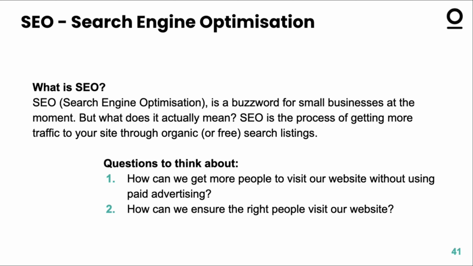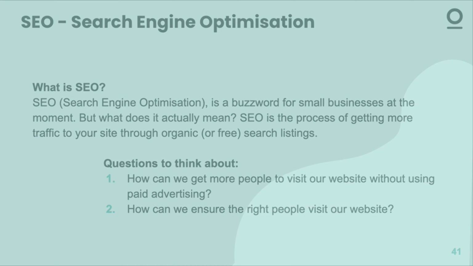The way to do that is to ask your audience, what are they searching for online related to your services? What questions do they ask in your everyday interactions with them? And can you translate that into content, blog posts, articles, videos that you publish on your website? As soon as you publish it on your website, Google will know it's there and start to show it in the search results for relevant keywords, relevant phrases that people are searching for.